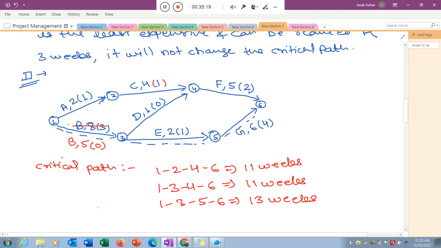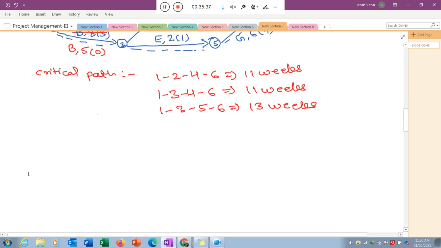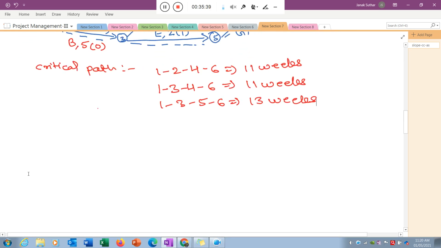Now you check the path, or you can say the project time will be decided by the critical path. So now my project time is only 13 weeks instead of the previous 16 weeks. I can complete my project in 13 weeks. So you can write down here